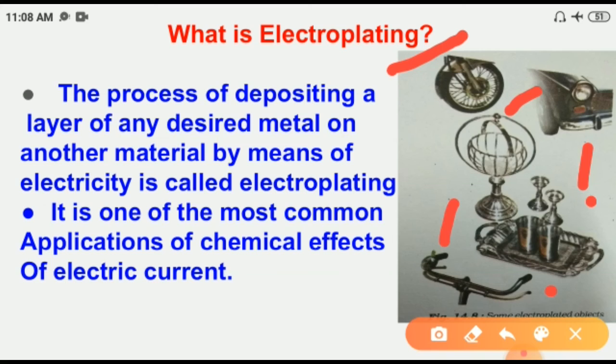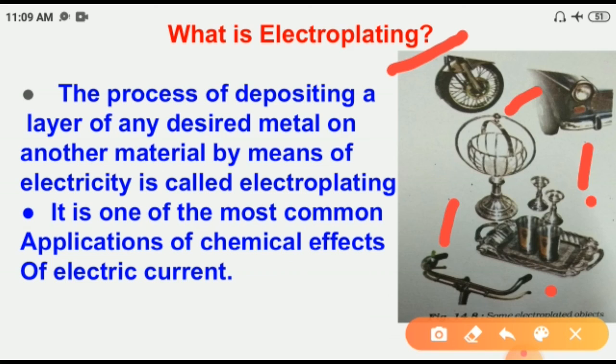For example, jewelry makers electroplate silver and gold on less expensive metals. So the ornaments your mother wears have the appearance of silver or gold but are much less expensive. Tin cans used for storing food are made by electroplating tin onto iron, and tin is less reactive than iron. Thus, food does not come into contact with the iron and is protected from getting spoilt.